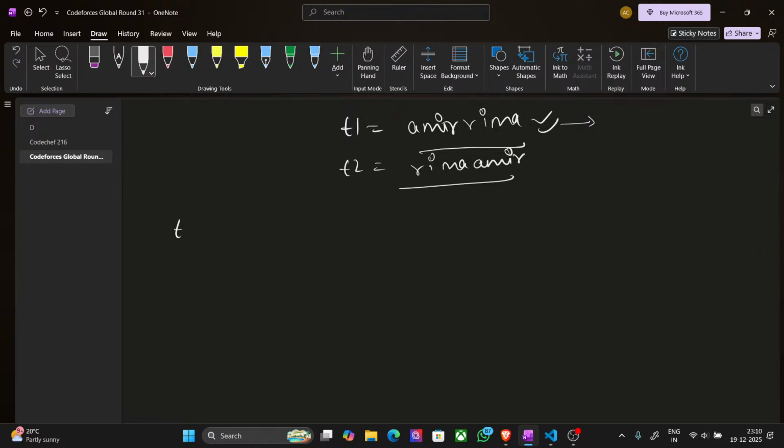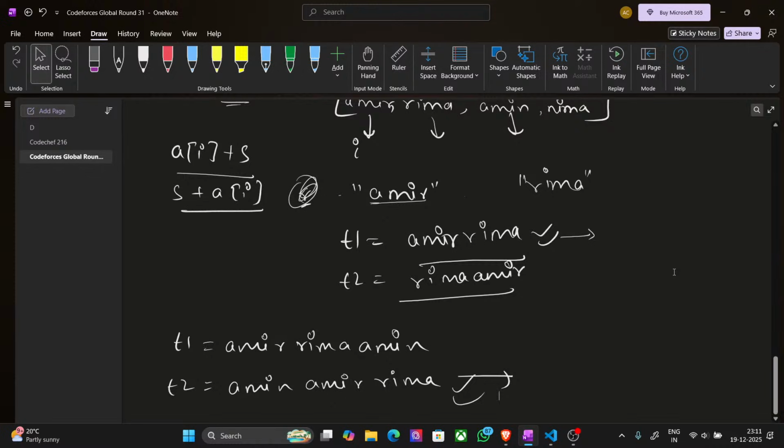I will make two temporary strings, T1 as Amir Rima Amin, and second is Amin Amir Rima. Now check which of these is lexicographically smaller. This one is lexicographically smaller this time. So we will move forward with this string